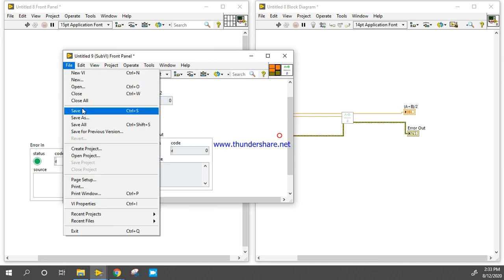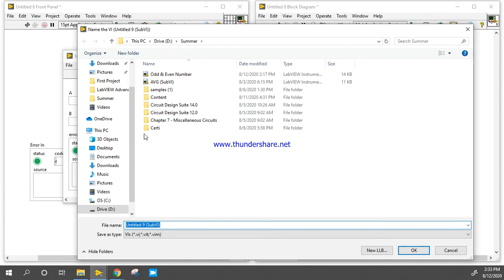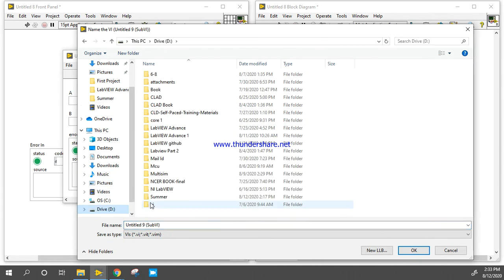Try to save the program. I am going to save my program here, in my D drive, in this VI folder.